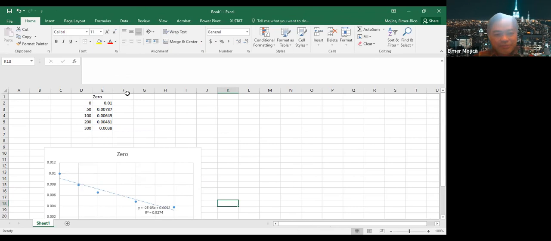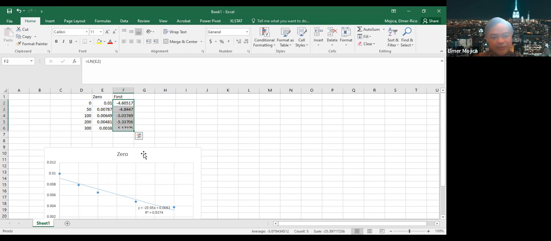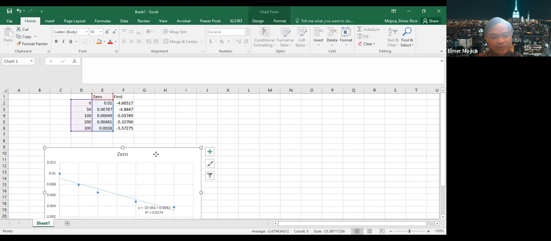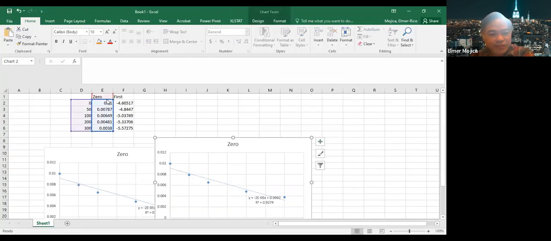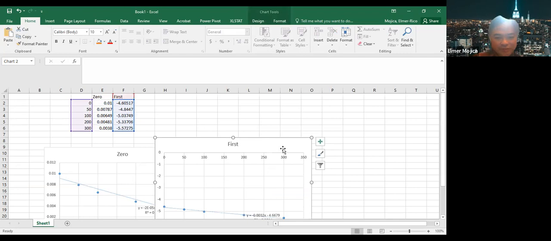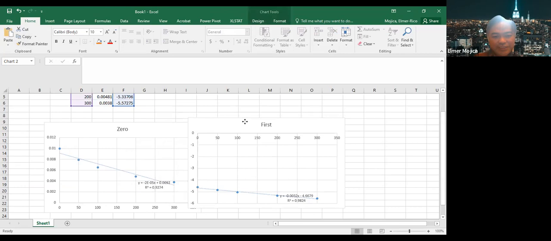Now what will I do if I want to make this into a first order? So I'm going to convert this to ln given yung value na yan. Then I got that one. And then I just copy this one. Nope, not that one. Ang gagawin ko lang, imumove ko lang to dito. Now look at the R squared. Kita yung R squared? It's much better than that, right?